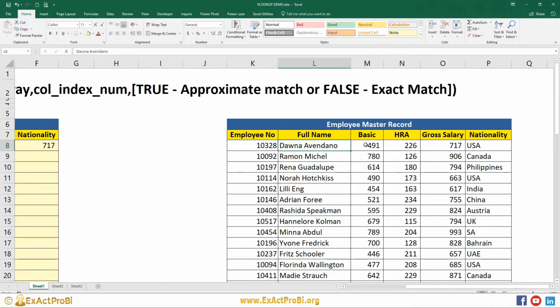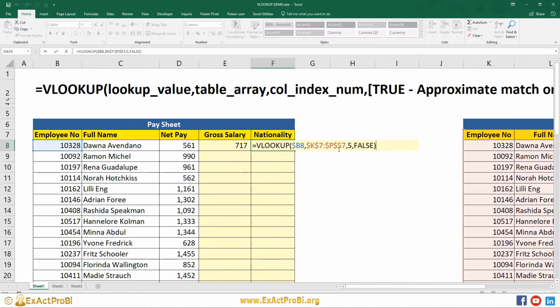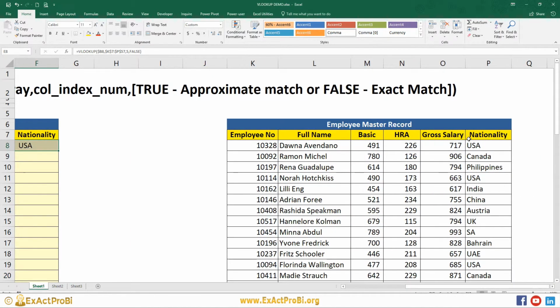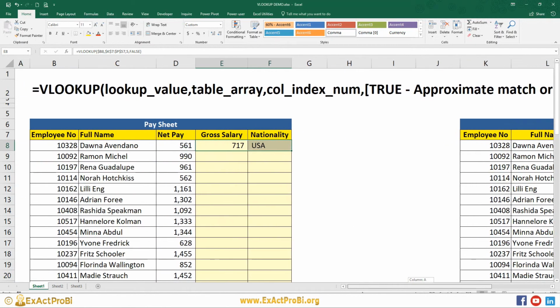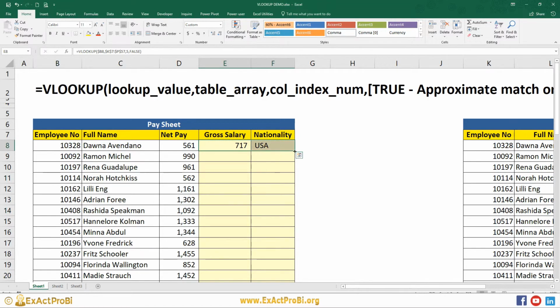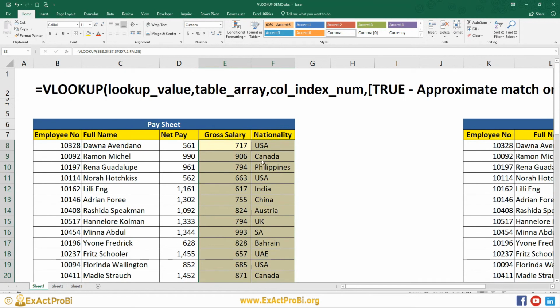It's 1, 2, 3, 4, 5, 6. So I will just edit the formula. Instead of 5, I will type 6 and enter. Now we got the correct value, as you can see here. Now let's drag this formula down, and our report is ready.